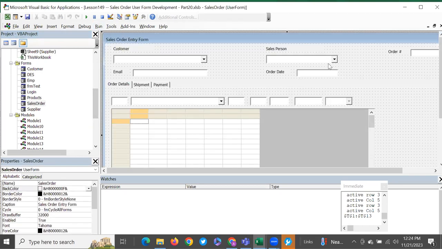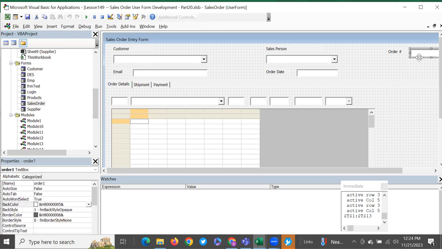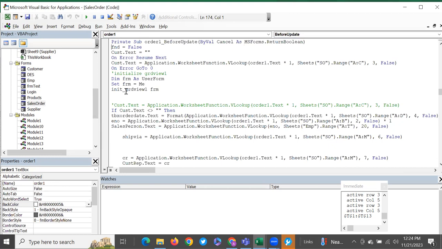In the form, when we click in here, we have written these three lines. Initialize the grid view as soon as a change happens in the order number,